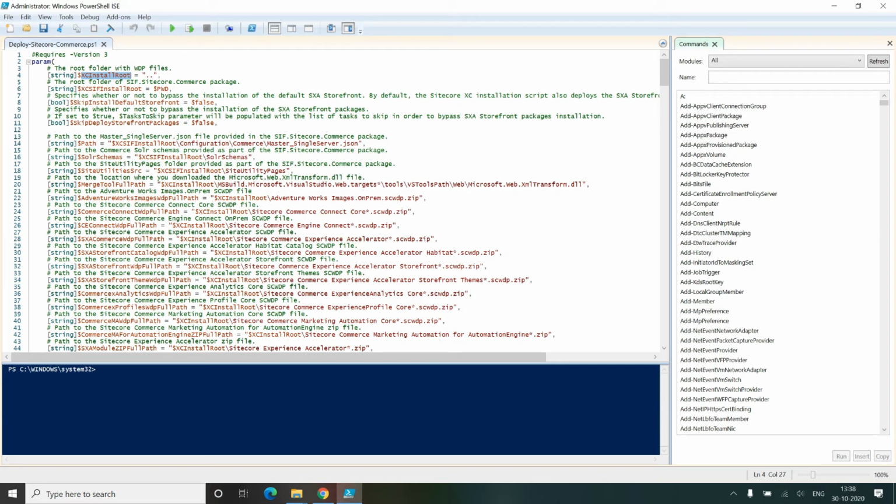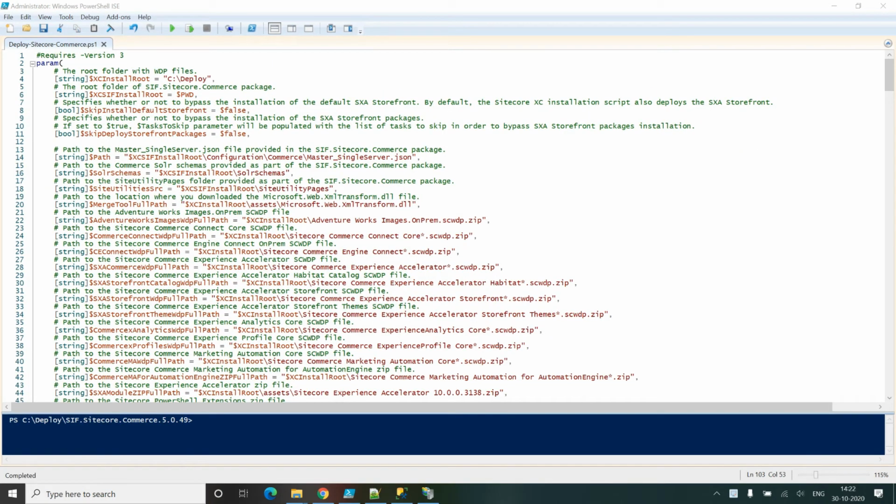So let me replace all of these. Let me quickly put all the variables over here. Now I have put all the variables which are required for deploying Commerce into the local environment.